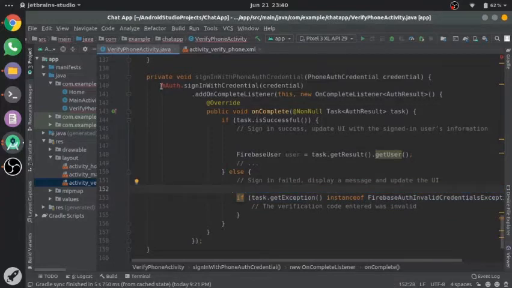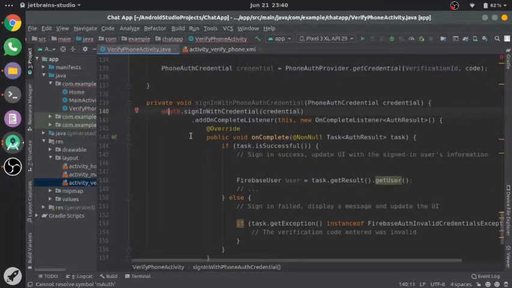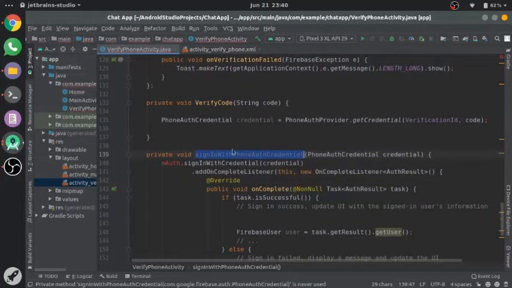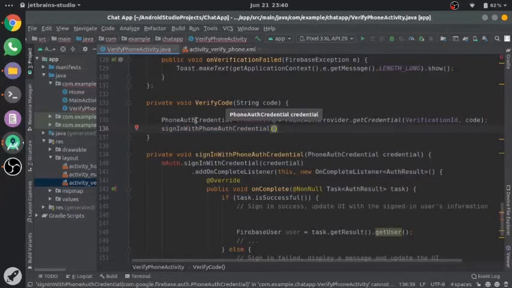So we have this function sign in with phone. Copy this and call this function with credentials. Pass the credentials.